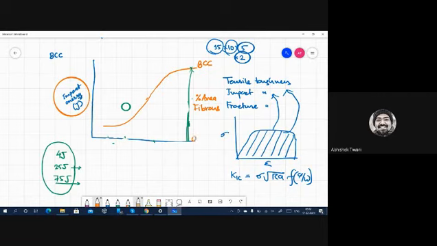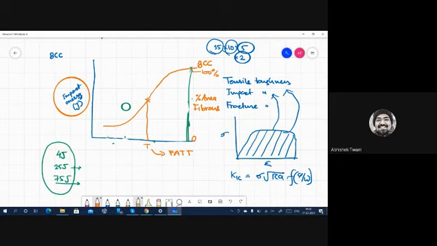So it starts from 0. That means you have no ductility on this axis, and then you go to 100. That means the whole area of the broken specimen is fibrous, so the complete fracture is ductile. So based on this area, you can find out a temperature where 50% of the broken specimen area is fibrous and 50% is flat. So it's half brittle, half ductile. That temperature you call FATT, fracture appearance transition temperature.